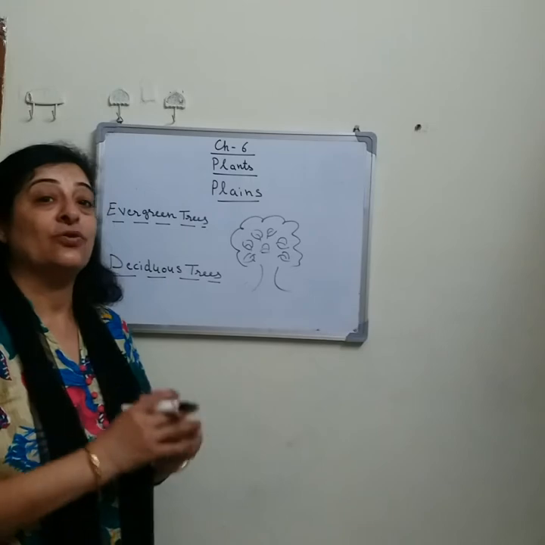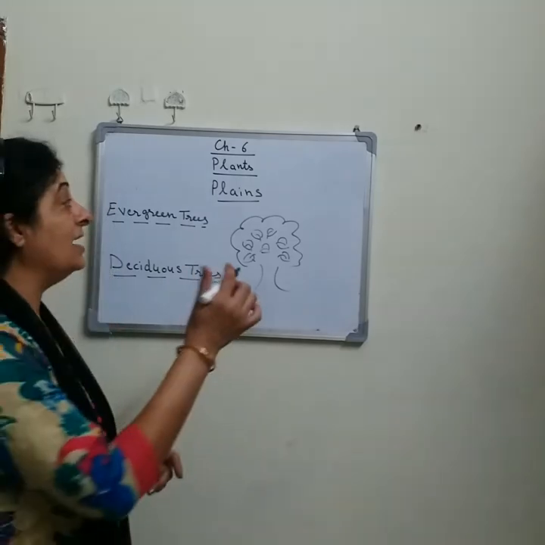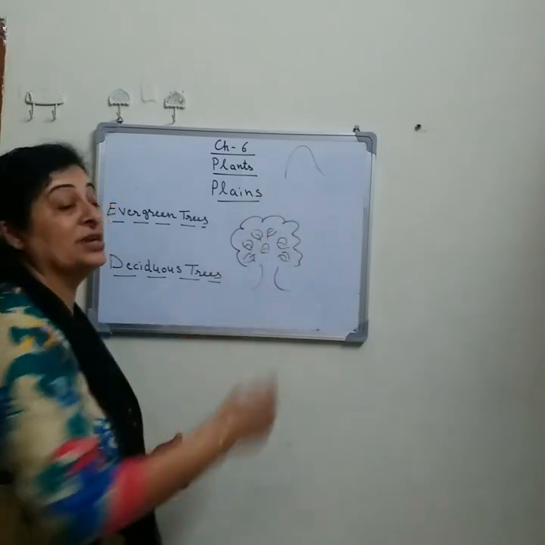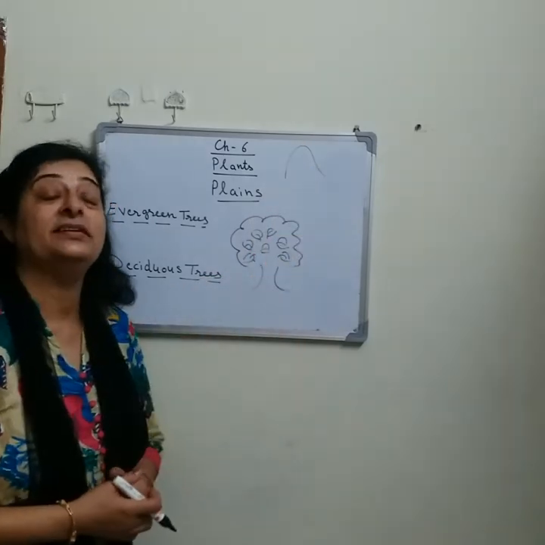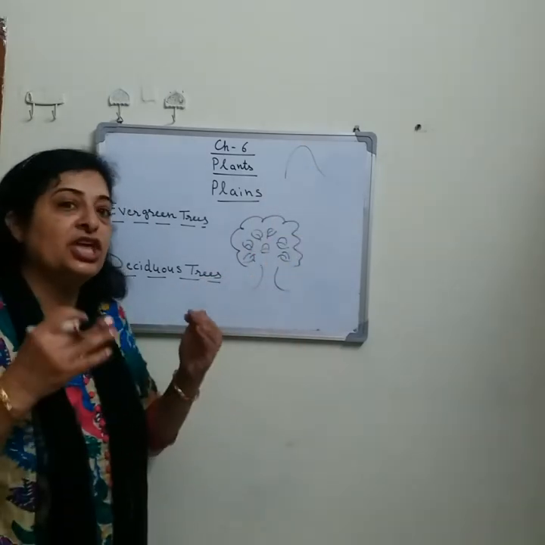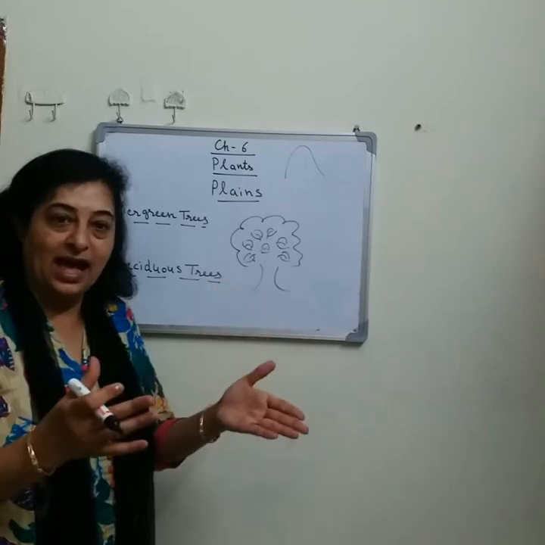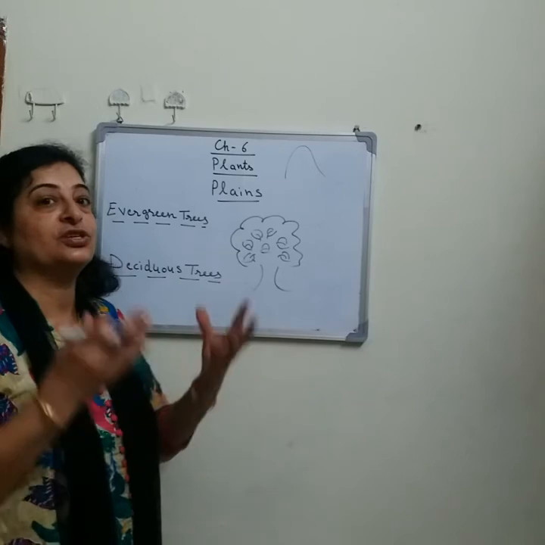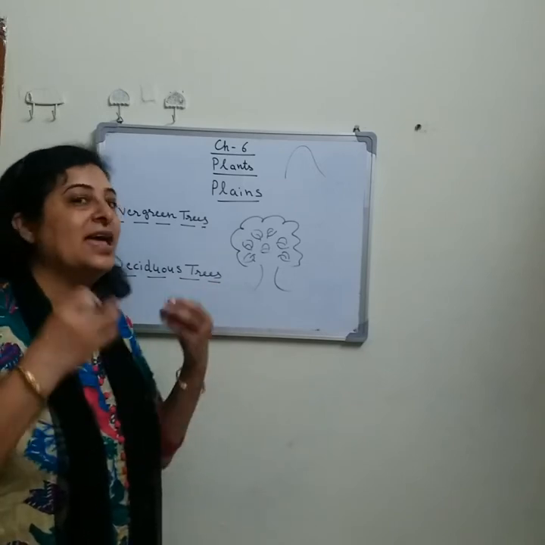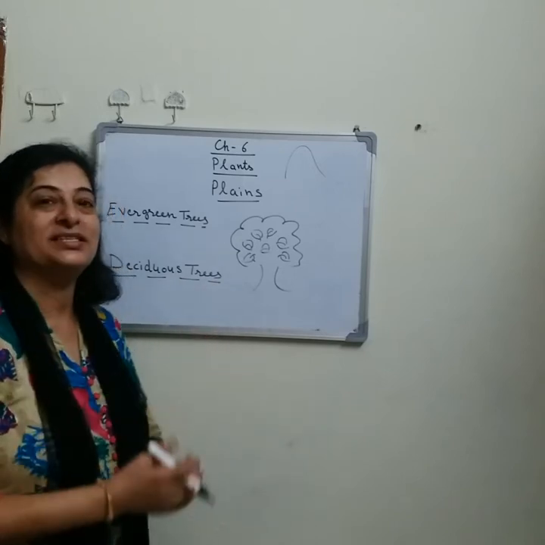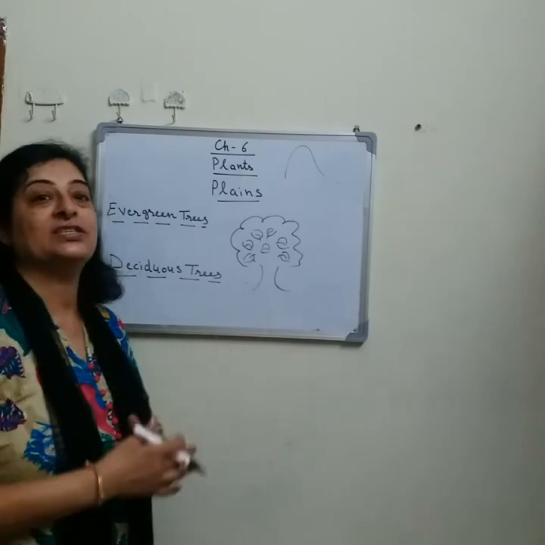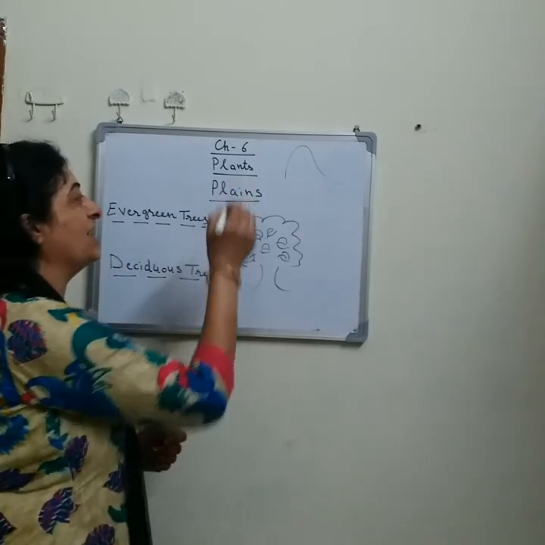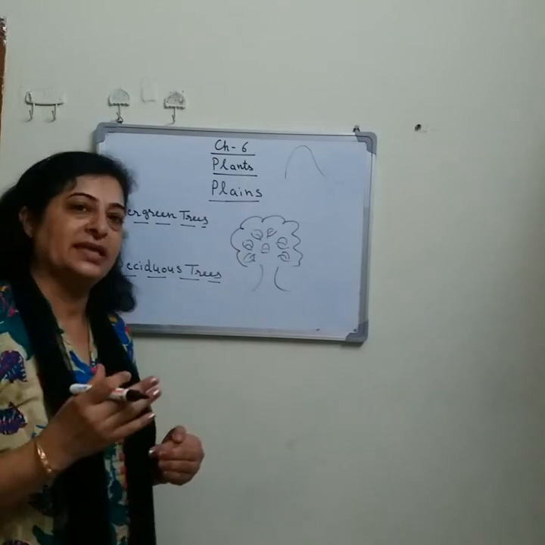And if we are talking about the land, a land may be plain, a land may be mountain, a land may be desert. So they grow in that area and they develop some special features in their body. And now we are going to discuss some adaptive features of the plants that grow on plain.